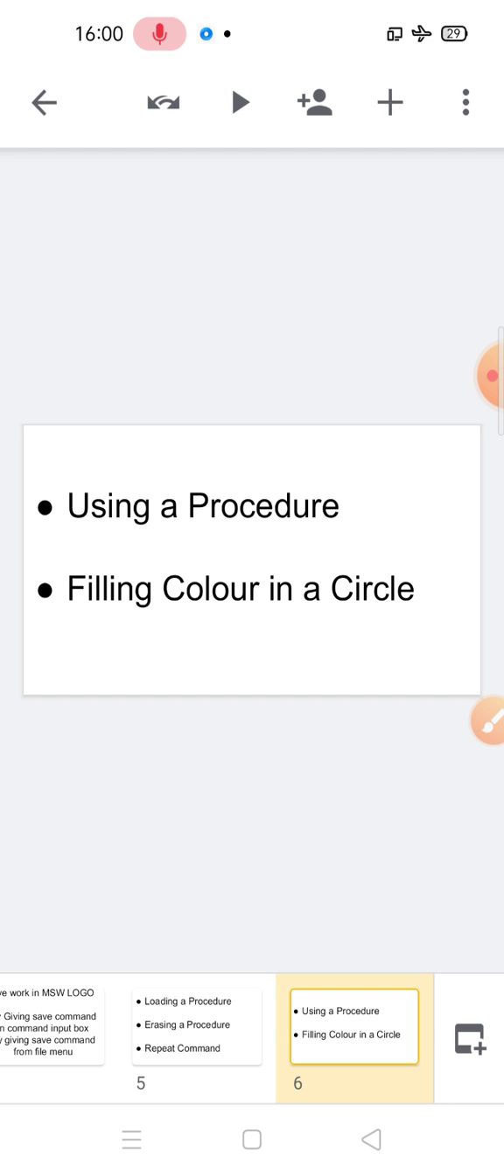After that, create a procedure to define a circle and save it with the name circle. Then type circle and press the Enter key. Now click on the Set option in the menu bar and select the Floodfill color option. The dialog box will appear; select any color of your choice and click on OK. Now type circle in the input box and press the Enter key. The circle will be drawn on the screen with your